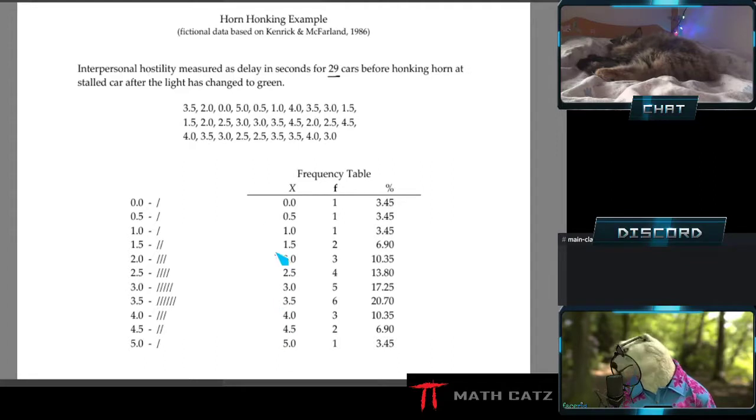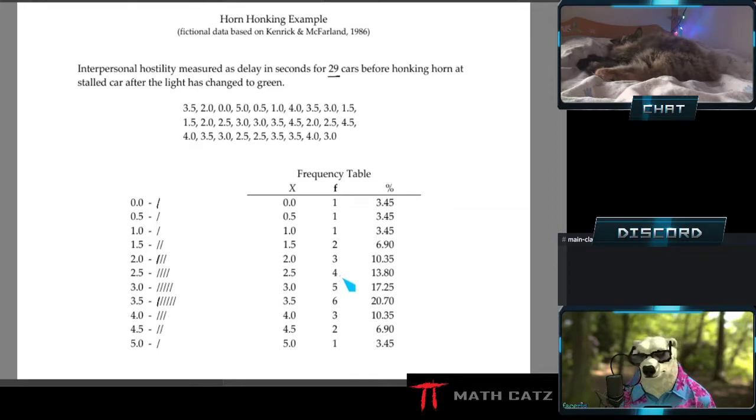So what I could do, if it makes it easier for you, is not necessary. You can have a little tally system here where I list everything and I mark. Okay, 3.5. I see it there. 1 tally mark. 2, I see it there. Another tally mark for 2. And I go down the list and tally everything until I reach the end and then just count. Oh, that one occurred once. 0.5 occurred once. If I look here, 3 seconds occurred 1, 2, 3, 4, 5 times,